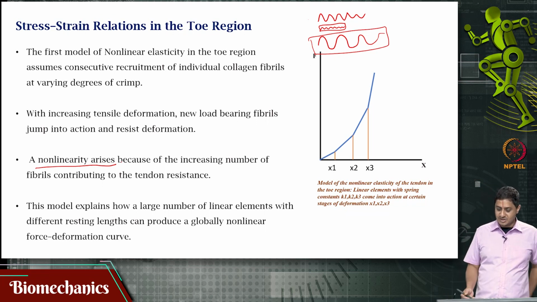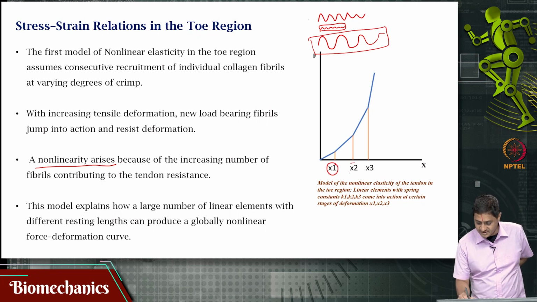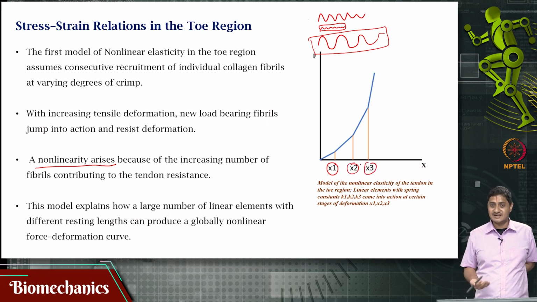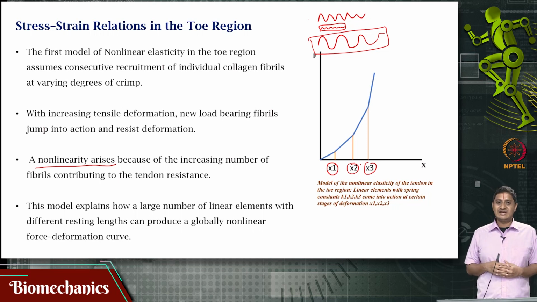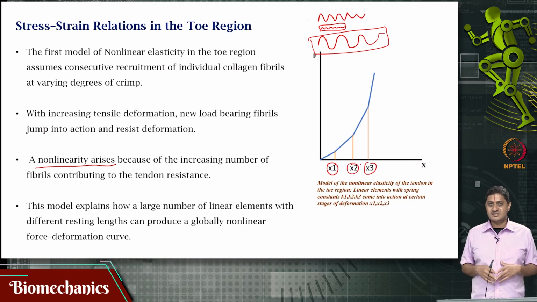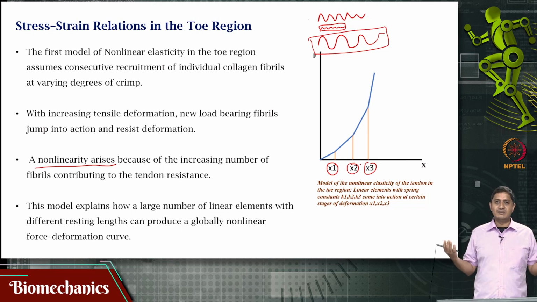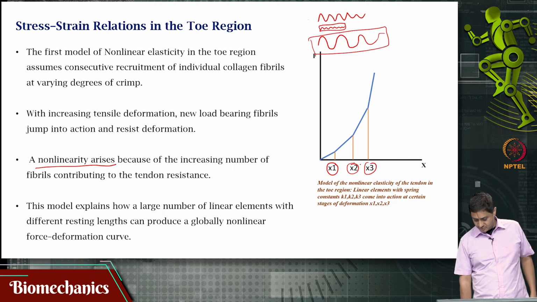Why is this happening? Because of differing resting length. This is x1, this is x2 and this is x3. By the way, these are only 3 lengths. What I showed in the rubber band example are only 2 or 3 bands, or 2 or 4 depending on whether you consider both legs, both arms of the rubber band as 1 or 2. There are just 2 bands. But in the tendon, you are going to have a huge number of fibrils that uncrimp and crimp at differing lengths. Because of this reason, you are going to have a global nonlinear behavior in the tendon. So, this is one model of